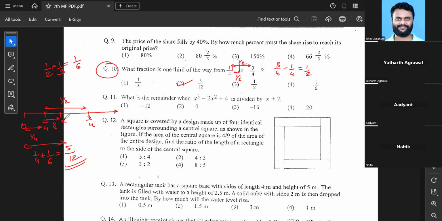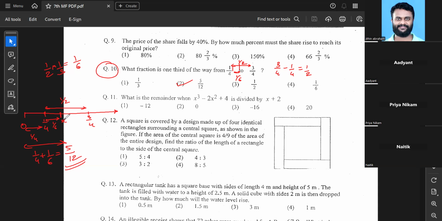Sir, but they have not told it to start from 0. They are just asking from 1 by 4 to 3 by 4 directly, and that 1/3. Yeah. What fraction is 1/3 of the way from